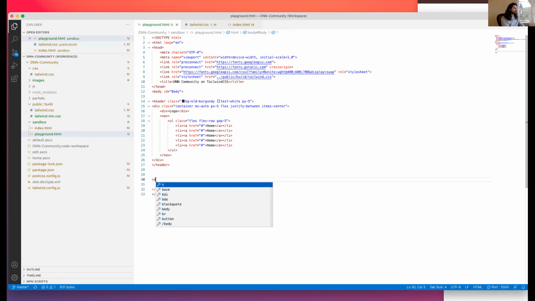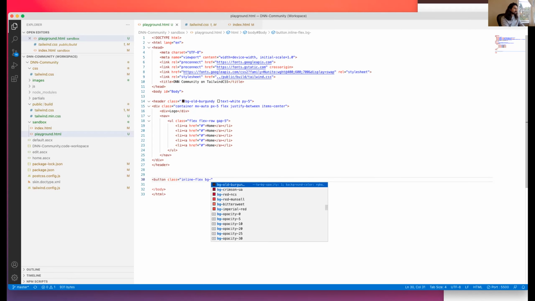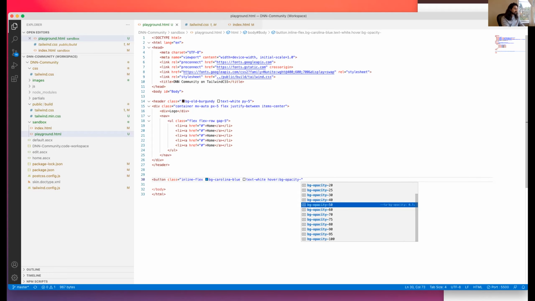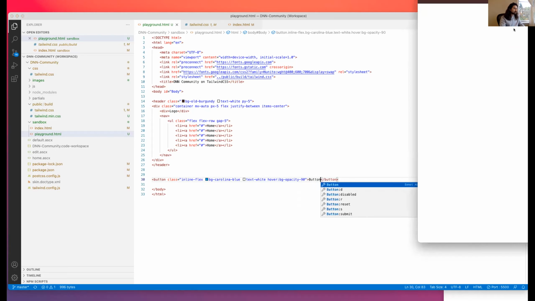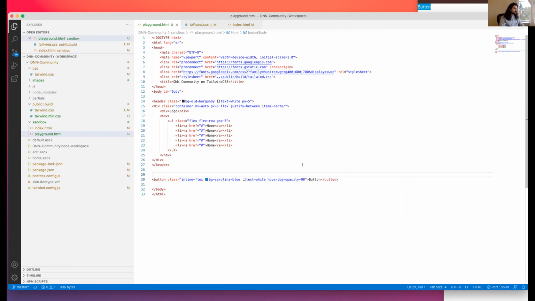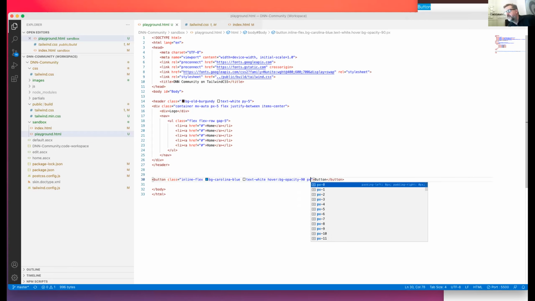Yeah, for sure. So like, let's say I had a button and it's like an inline flex and its background is Carolina blue and its text is white and its hover is BG opacity 90. So here's my button. Usually you'd have maybe some padding all around it, and then it's rounded.